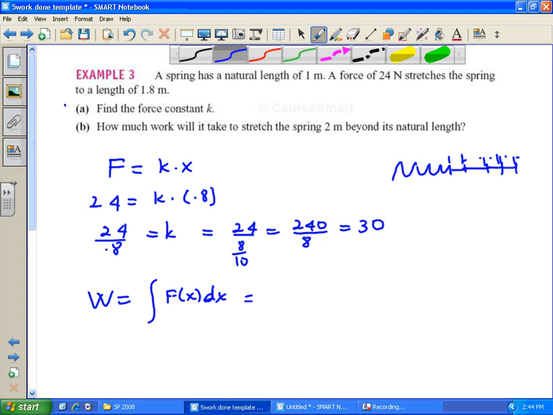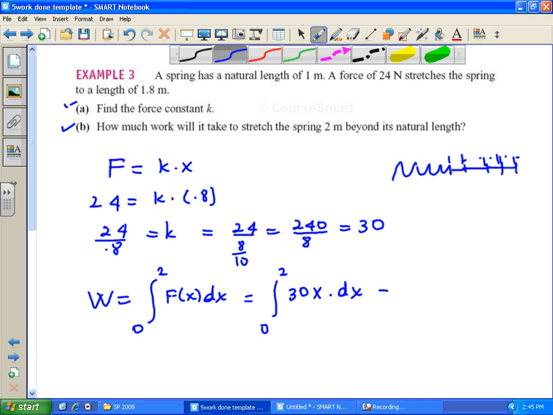So we already found the constant K, and part B was asking how much work will it take to stretch the spring 2 meters beyond its natural length. So to go from 0 stretching, and again, the limits are usually set in terms of how far you're stretching your spring or compressing it. In this case, to go from its natural length, which is 0 compression or 0 stretching, to 2 meters. So we'll integrate 0 to 2 of f of x dx, and in this case, the function is k times x